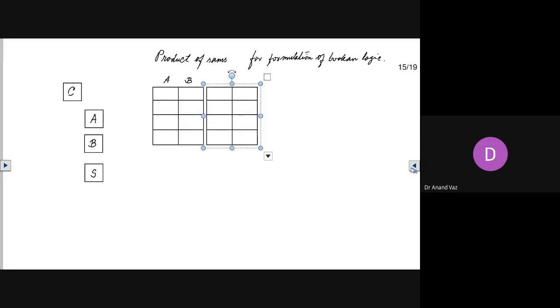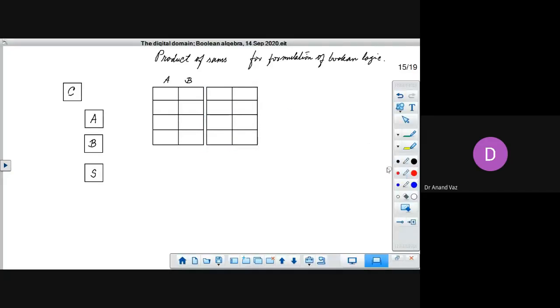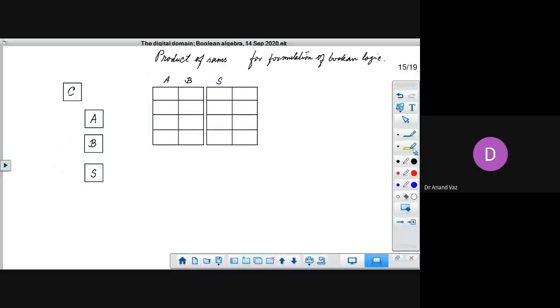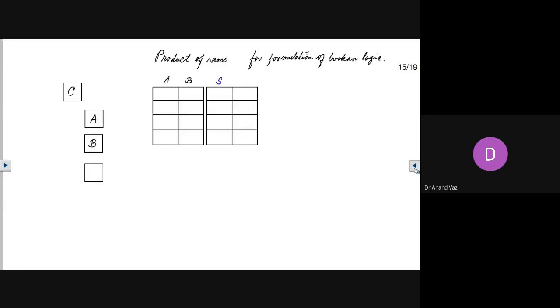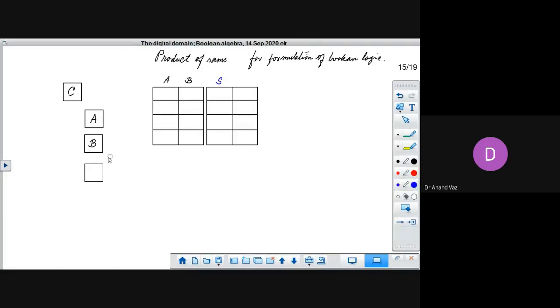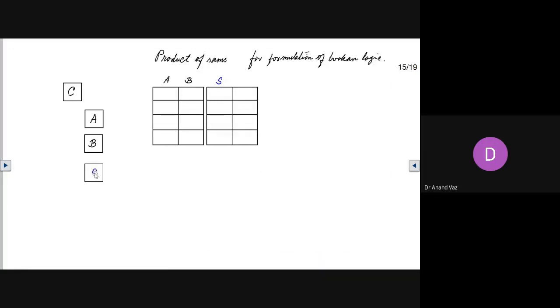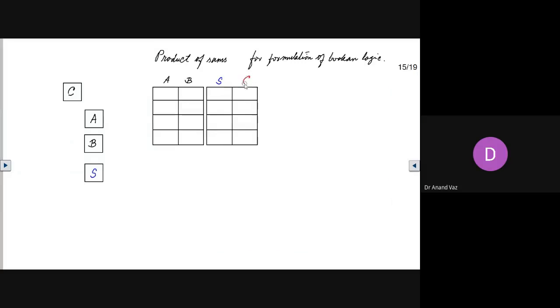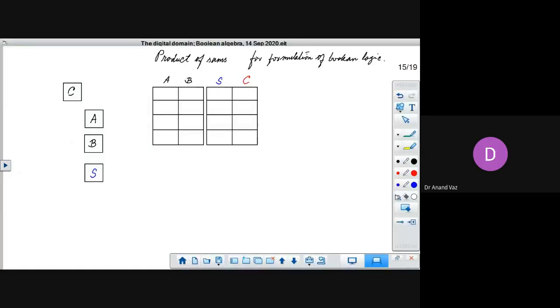So we will have two outputs. Let's say we have the output S over here, which is the sum, and say we have the carry here.